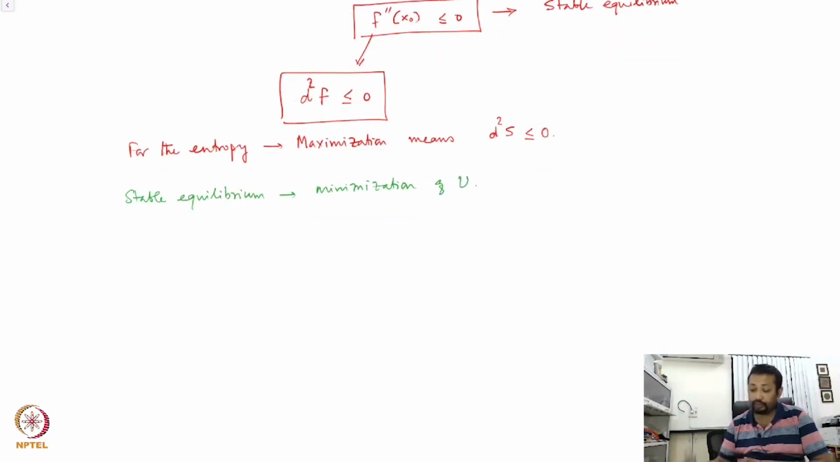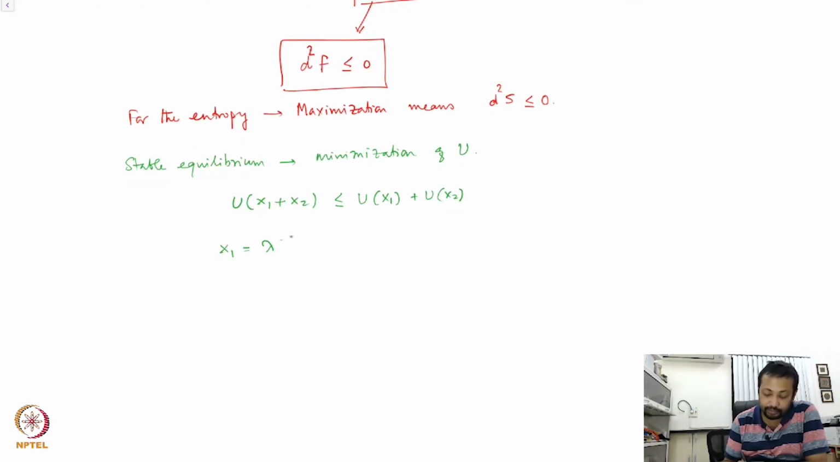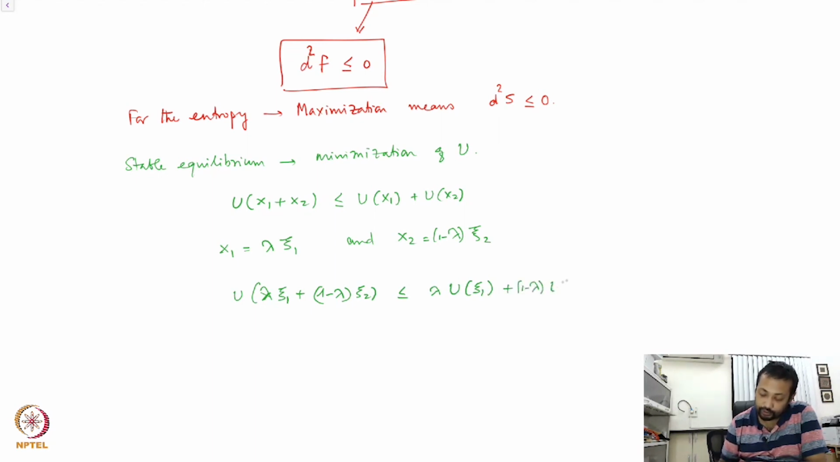of u, and therefore one can immediately see that if the same line of argument that x1 plus x2, the composite system, the internal energy of the composite system must be less than u of x1 plus u of x2, right? And now therefore one writes down x1 as, let's say, lambda times xi1 and x2 as 1 minus lambda times xi2, and therefore use the homogeneity principle of the internal energy as we have used it for the case of the entropy. It follows u of lambda xi1 plus 1 minus lambda xi2 is less than equal to lambda u of xi1 plus 1 minus lambda u of xi2,